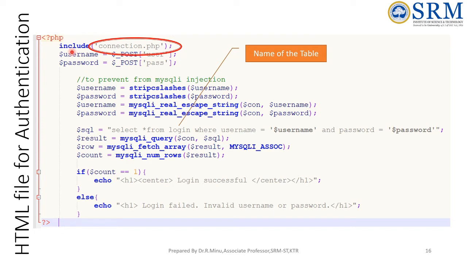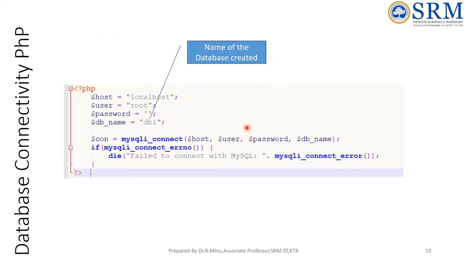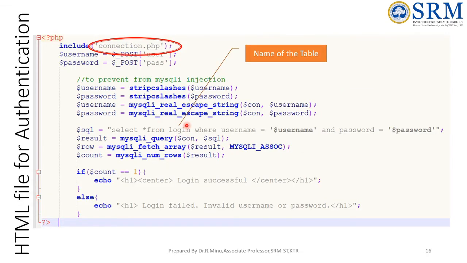So using this particular connection, the connection attribute, I am just passing the value of the username and password as a query to the database. So the query is going to be select star from login. This is my table inside my database db1. So select star from login where the username is this username and the password is this password. So it will be searching. So this query has to be passed to the database. So this is how we are passing.